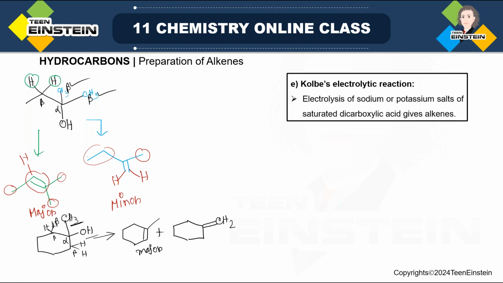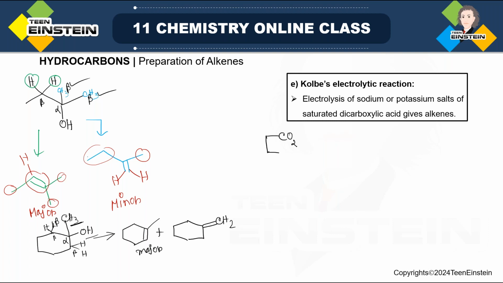Now the last method under the preparation heading of alkenes is Kolbe's electrolytic reaction. This method we have already applied when we discussed preparation of alkanes. Remember, there also we saw how applying this electrolytic reaction we can produce alkane. Now, the simplest example that we can start with,